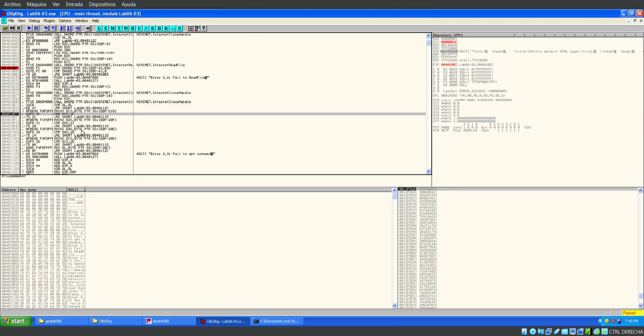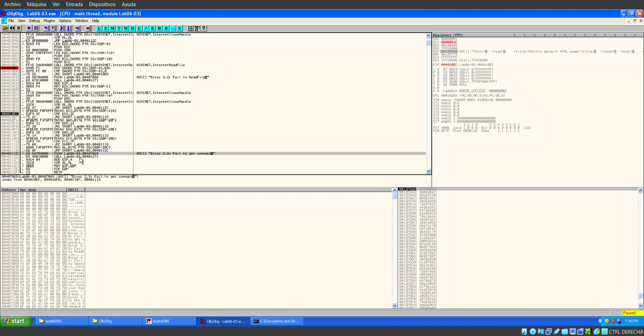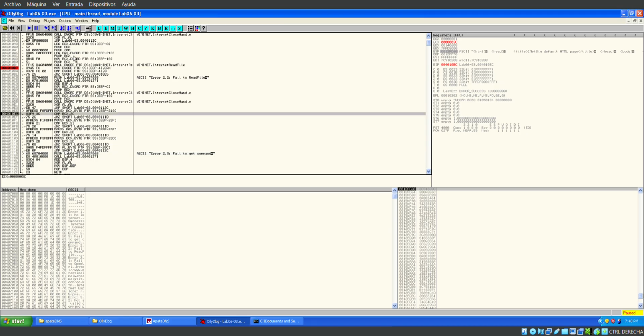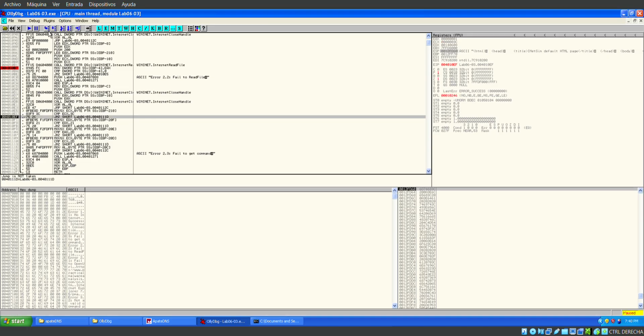If we make the jump, as you can see, we are going to get to the address 11D. Okay, so this is not what we want. This is going to get our command. Okay, so what we're going to do is move forward. The jump is not taken, as you can see. We are going to also move the pointer at EBP, and you can see